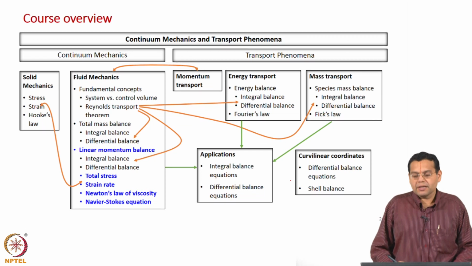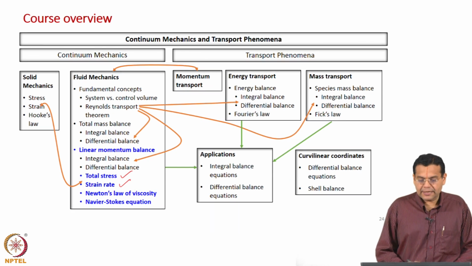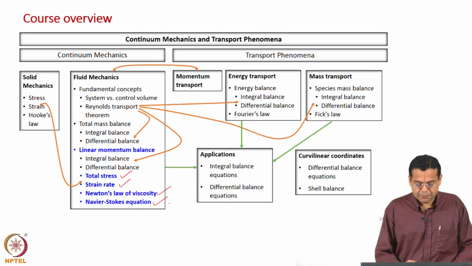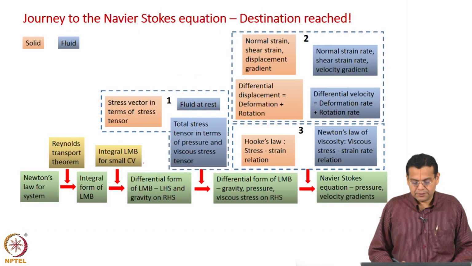Okay. In one way, what we have done is gone through a full cycle, I would say. We started with stress, went to strain rate, went to Newton's law of viscosity, derived the Navier-Stokes equation. Now, having derived the Navier-Stokes equation, we applied that, found the velocity profile, and then we found the strain rate, applied Newton's law of viscosity, and found out the viscous stress and total stress. So, gone through one full cycle, I would say, okay. And that is what is shown here also in terms of our journey slide.